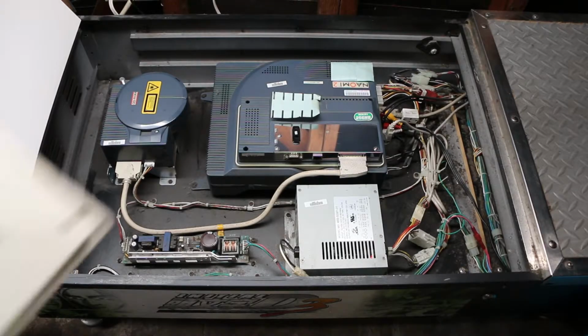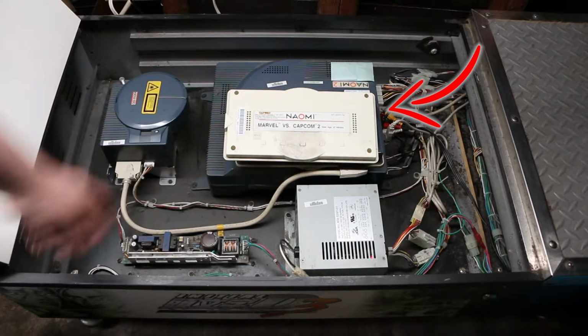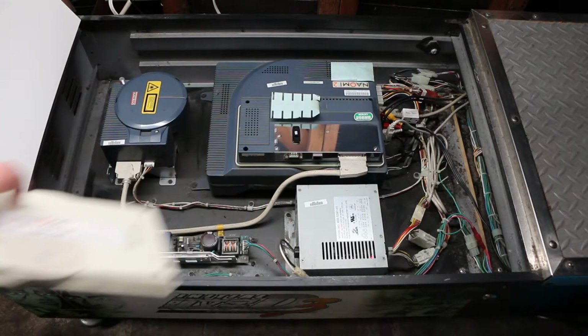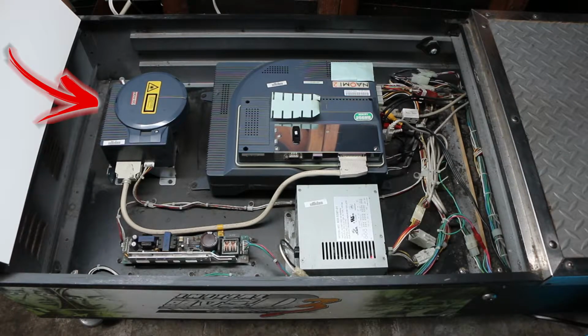First, we're going to start off with the motherboard. I'm placing a Marvel vs. Capcom 2 cartridge on top of the slot where it might go if I wanted to play that particular game. The Sega Naomi allows both cartridge-based games as well as GD-Rom based games, which were disc. The Initial D3 game requires disc, which is why that blue unit is socketed into there so it can interface with the GD-Rom separately. About half of the games on the Naomi came out on cartridges and half came out